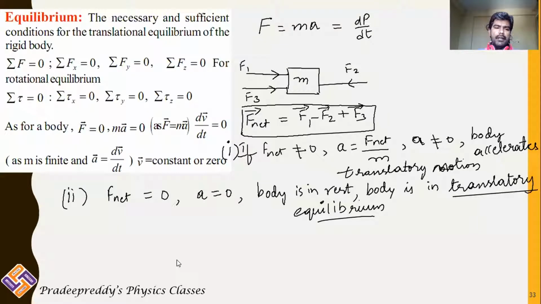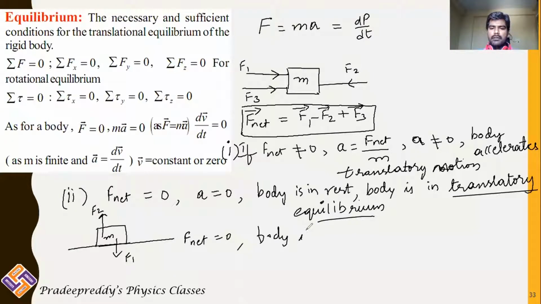You can take an object of mass m, and there can be one force in the downward direction and one force in the upward direction. So here it is F1 and here it is F2. If F net is equal to 0, then the body is in translatory equilibrium. So the necessary condition for equilibrium is that the net force acting on that particle is equal to 0